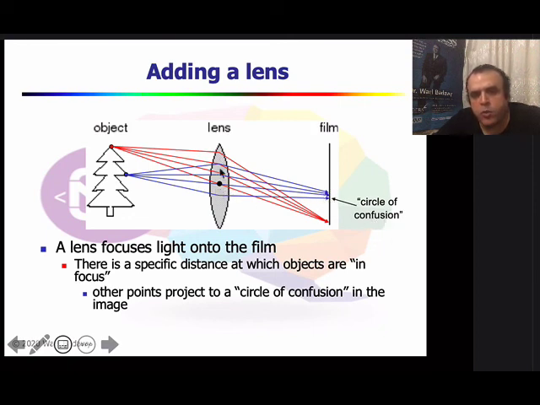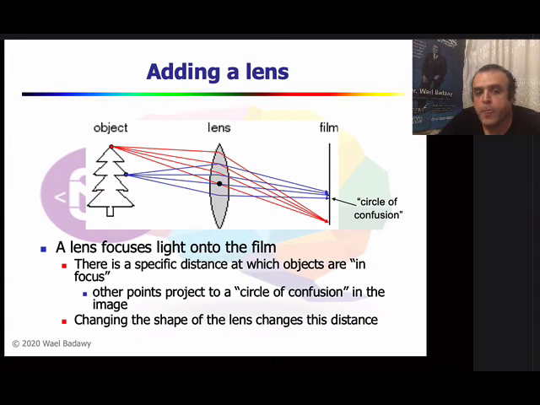So when you track the deflection, not the reflection, the deflection of the light ray through the lens, you will find that there is a circle of confusion at a certain location. This circle of confusion means the same point will result in more than one point on the film, and this is what creates what we call a blurry image. Changing the shape of the lens, such as a prism or different shapes of lenses, which we'll talk about later in the advanced levels,